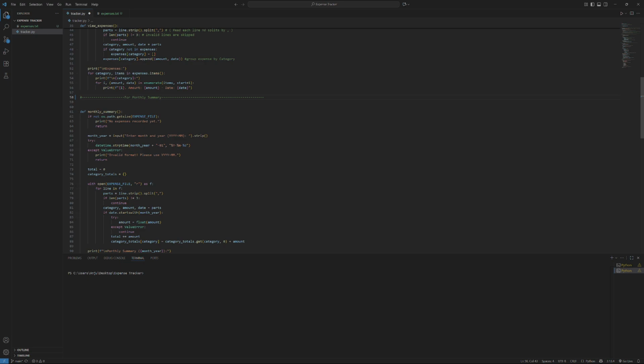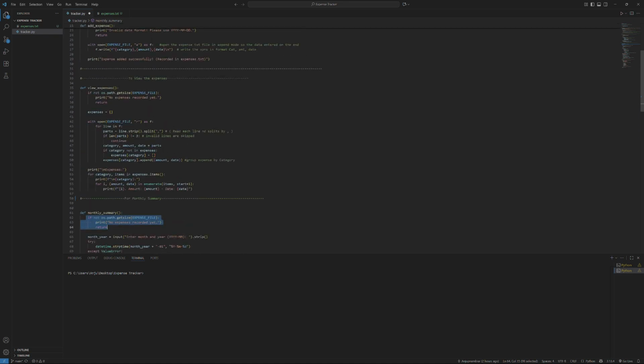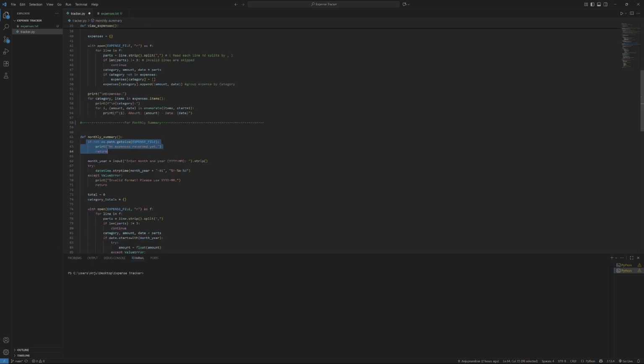os.path.getsize. Here we check if the file is empty, same as in my view expenses. Then month_year is equal to input("Enter month and year").strip. Here we ask for the month and year to summarize,